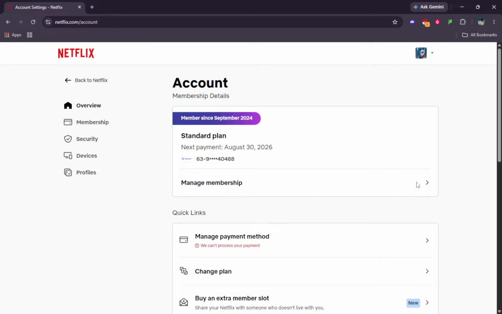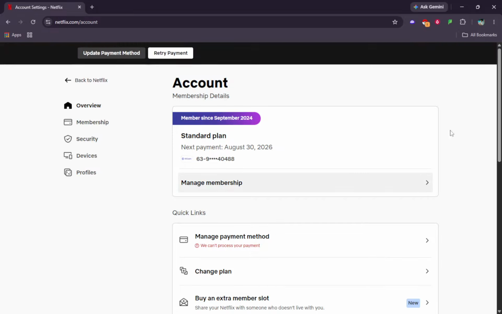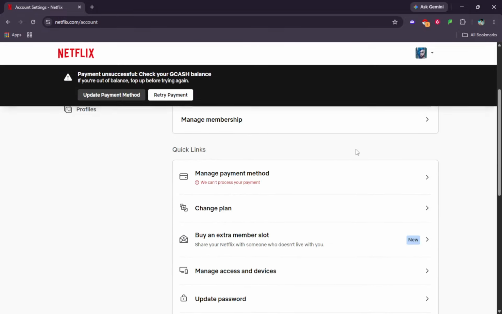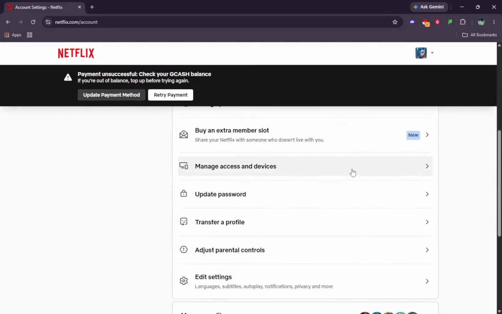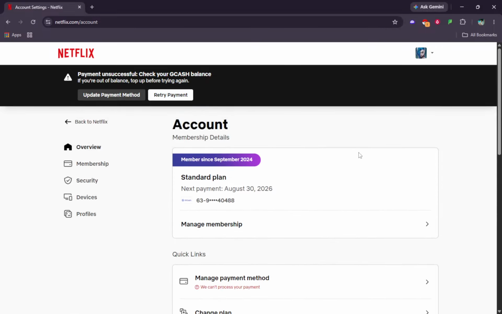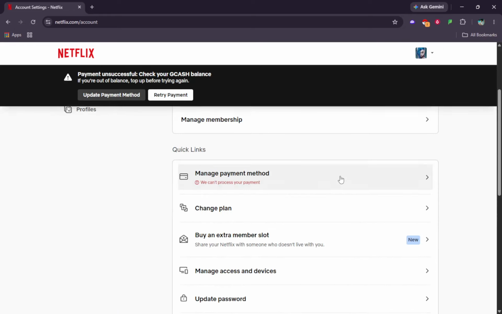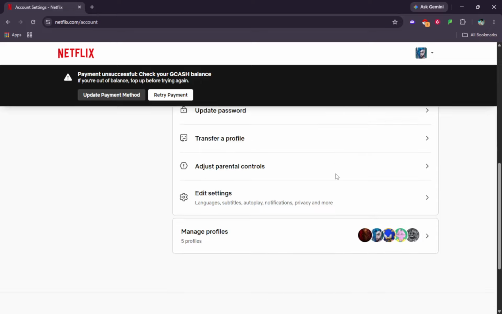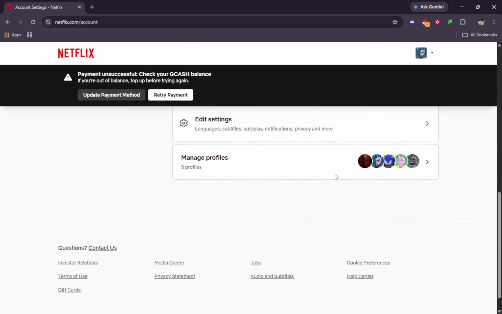Under Profiles, select the profile you want to manage. You will see each profile listed with a small arrow next to it. Click the arrow to expand the profile you want. The panel that opens shows options such as language, playback settings, and privacy and data controls. Choosing the right profile here, make sure you are not changing someone else's experience by mistake.